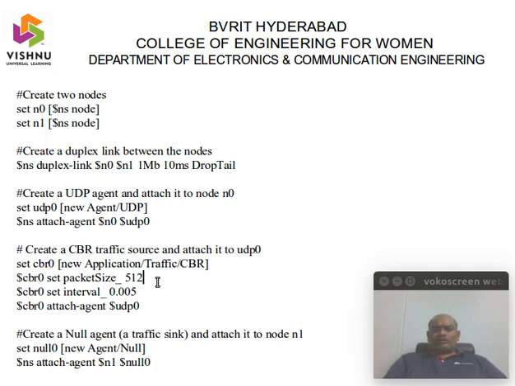This is the default packet size that you can have. It cannot be more or even less than this. This is the standard format, 512, which is accepted for all types of data transmission, and even in your virtual memory they use this 512 KB. Now at what rate I want to transmit this packet, this time interval specifies.